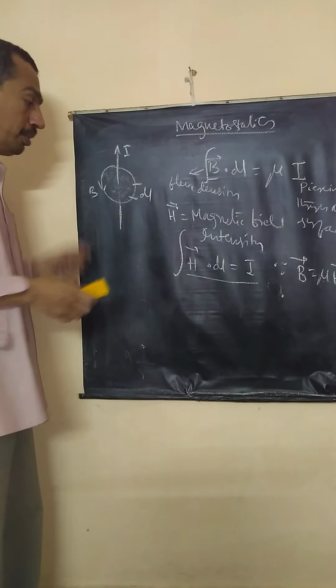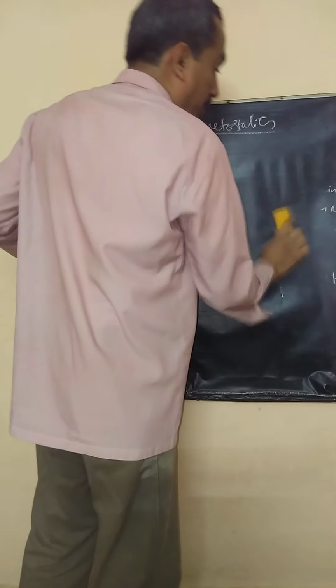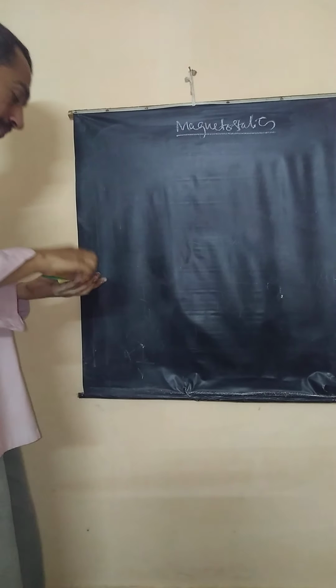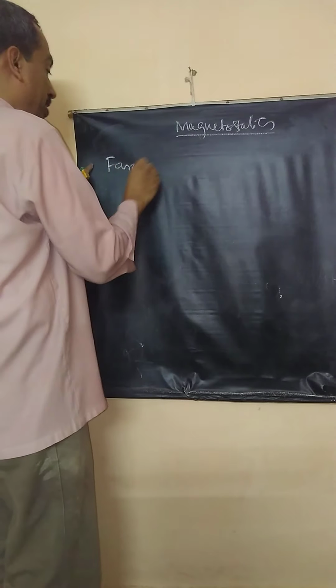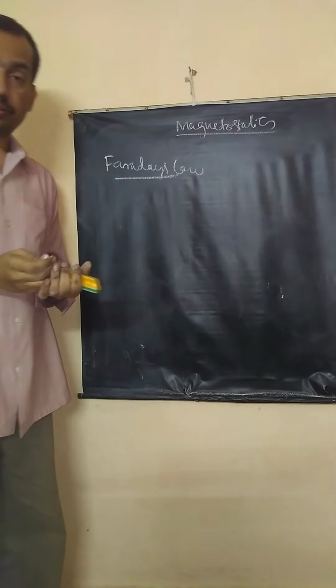After this, I am introducing you to one more very important law, Faraday's law. What is Faraday's law? Faraday conducted an experiment. See here, I have a loop of coil, 20,000 turns. Here is a magnet, right? Do you see the coil wire, 20,000 turns? The two ends of the coil are connected to a bulb here, an LED bulb.